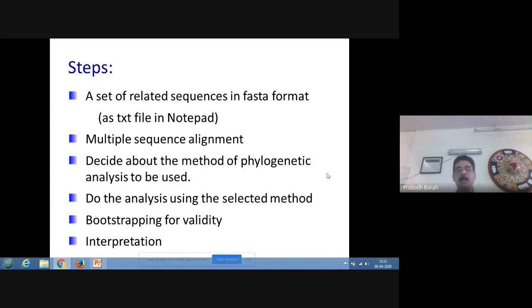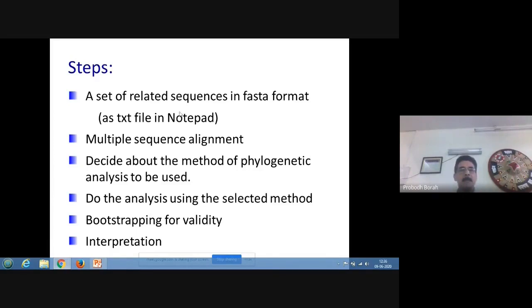But today we'll be using one software, MEGA-X. MEGA-X is actually the 10th version of MEGA. There are a lot of older versions of the same software available free of cost from the internet. You can download them. We started using, say, MEGA-4, then MEGA-6, then MEGA-8, then MEGA-10. So this is MEGA-10 or MEGA-X. This is the latest version of MEGA.